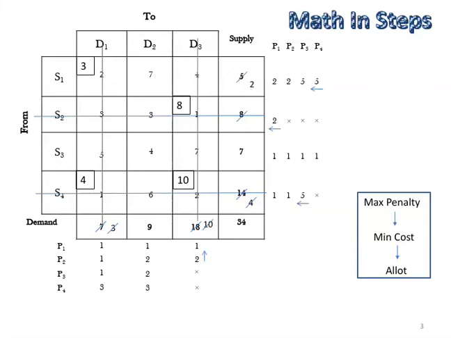So here the supply is 7 and the demand is 9. So we will allot 7 here. Then S3's supply will be complete, and for D2 column 2 demand will be left, and we can cancel the S3 row. Now we are left with one last cell, S1D2 cell with cost 7. For this cell the supply is 2 and the demand is also 2. So we will allot 2 here, and supply and demand is complete.